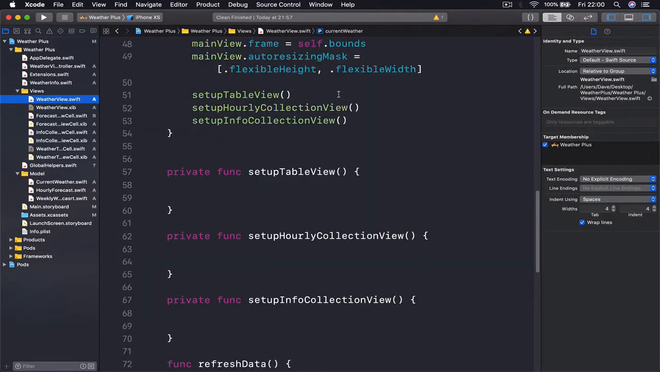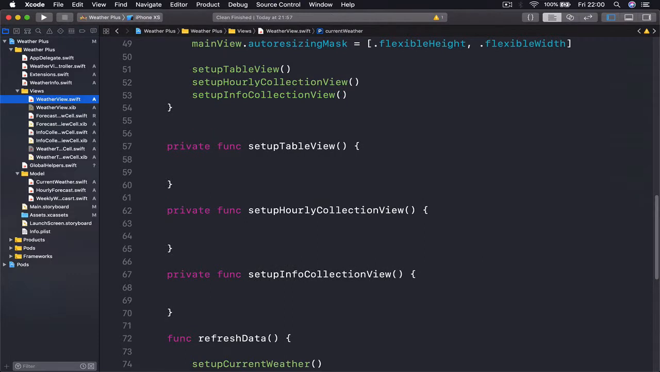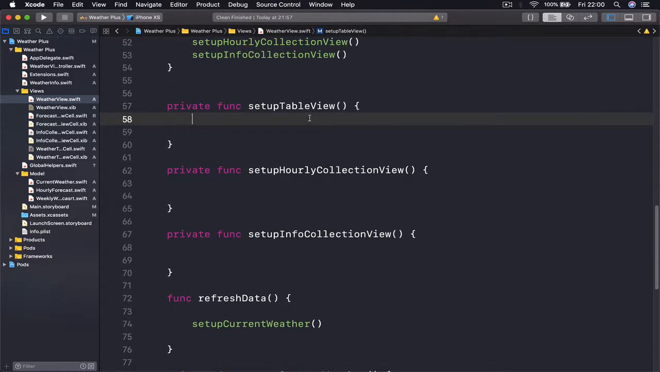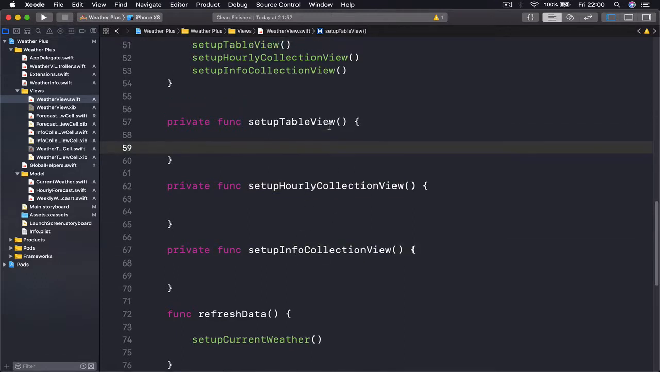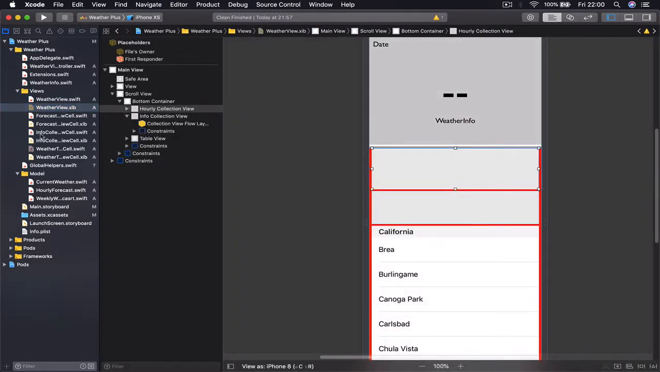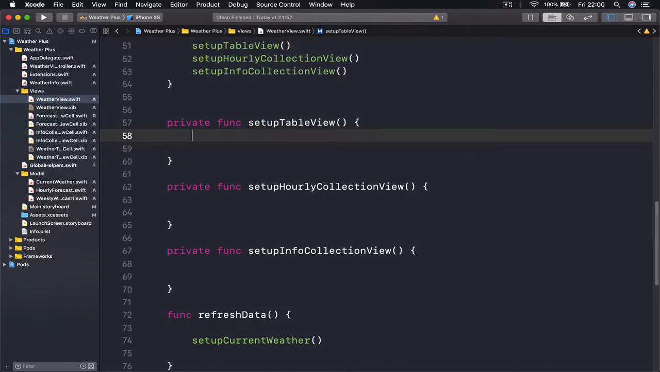We can go back to our code here, and remember these functions that we have set up: table view, set up hourly collection view, and set up info collection view. So now we need to set up these cells so our collection views here know that these cells belong to them. So we need to register these custom designed cells with these collection views. So let's do that. I'm going to start with my setup table view, and let's register the file with our table view. So I access my table view and then say register,